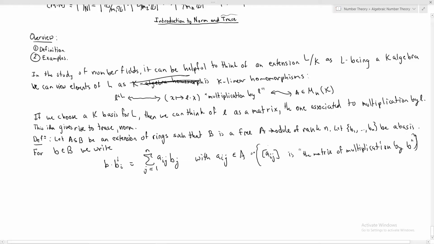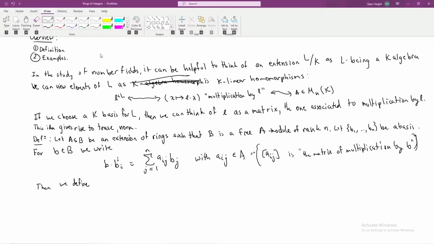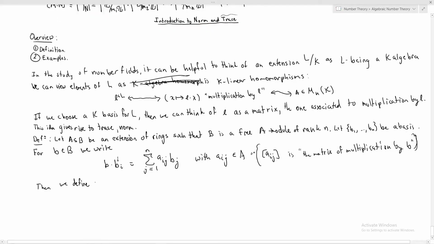So this is the matrix that we're talking about up here. And then from here, we define the norm and trace of B, sorry, of B by, so the norm,